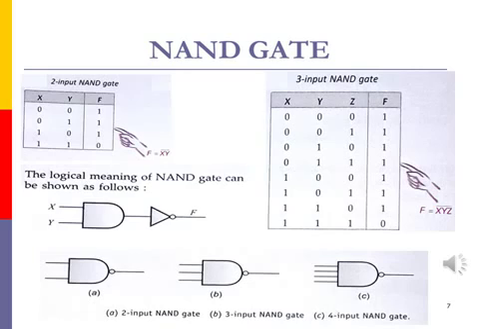The logical meaning of the NAND gate is given here. In order to apply the NAND operation, first we need to do the AND operation followed by NOT. So here XY will be given to the AND gate. The result of the AND gate will be inverted so that you get XY the whole bar. The same logical circuit can be re-represented with the help of the NAND gate. Instead of an inverter, if you put a bubble symbol at the end of the AND gate, it will produce the NAND operation result. So here we have the 2 input NAND gate, 3 input NAND gate and 4 input NAND gate.